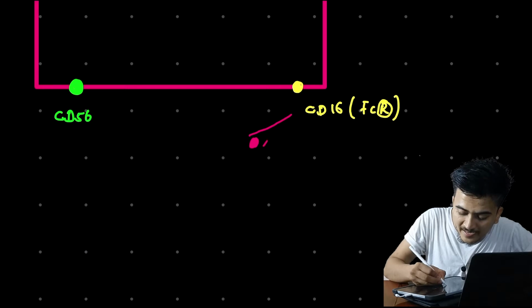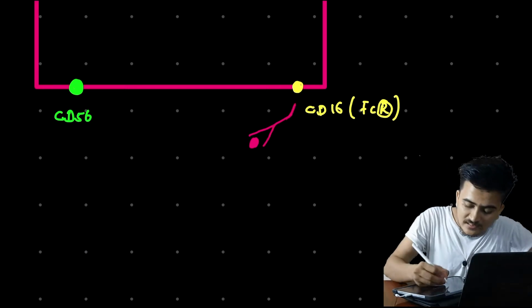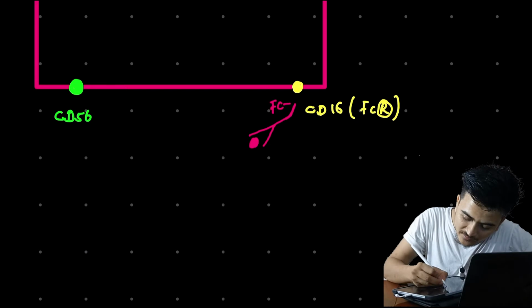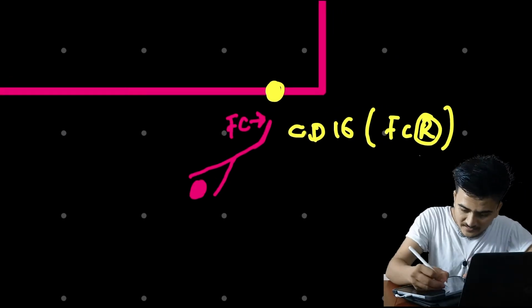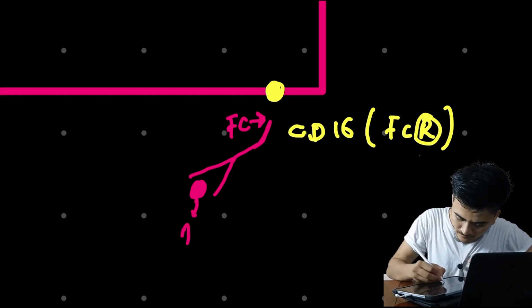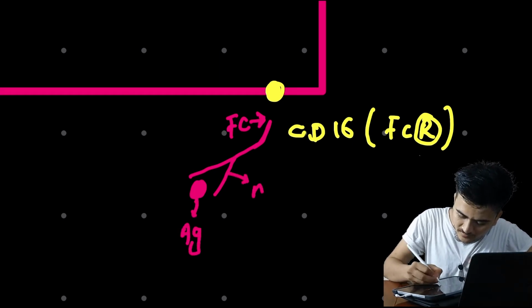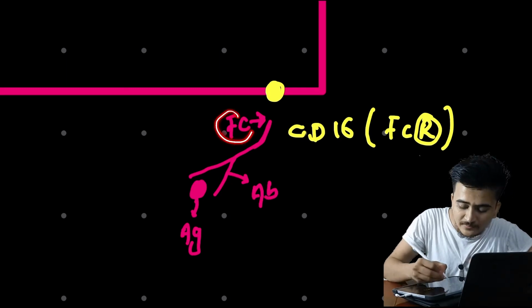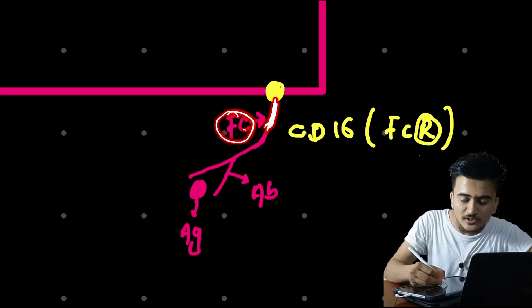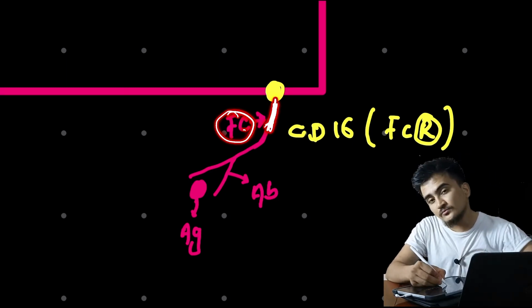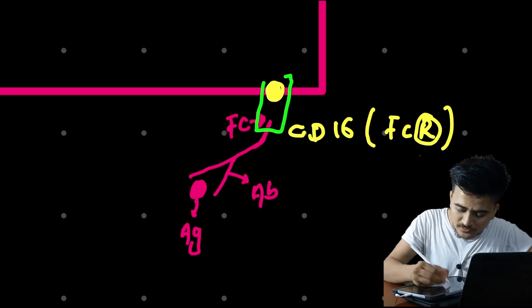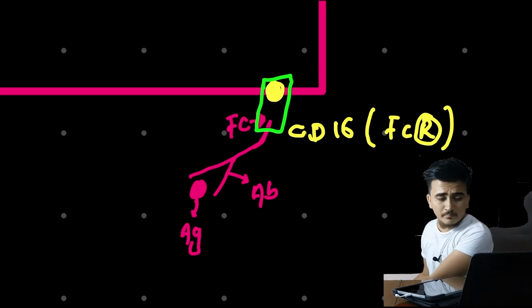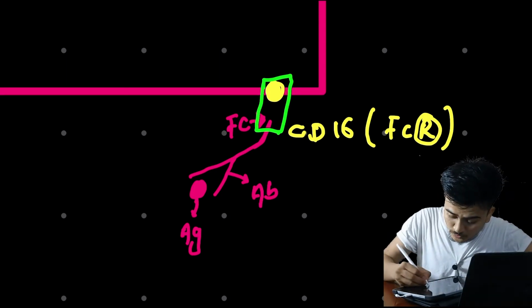This is coated by antibody, and this is the Fc end of antibody that you can see right here. This is antigen that I'm showing here. This is antigen, this is antibody, and this is the Fc end of antibody. This Fc end of antibody will bind with CD16 molecule that is present on the surface of natural killer cell. Okay, that means these two things bind, and as these two things bind, this binding also causes